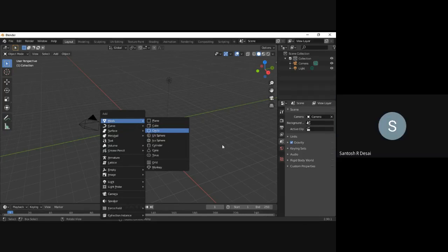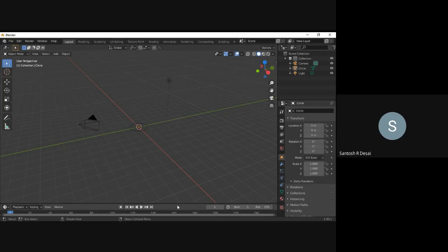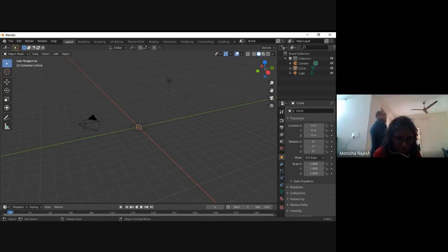Monisha, let us ask the participants whether they have opened up the software. Okay, sure, sir. Because we need to take all the participants along with us. So let us ask the participants to open the software, and we need to wait for a few minutes so that they are okay with the session. Please let me know if you have any trouble opening it up or anything like that. If everyone's good, we can proceed.